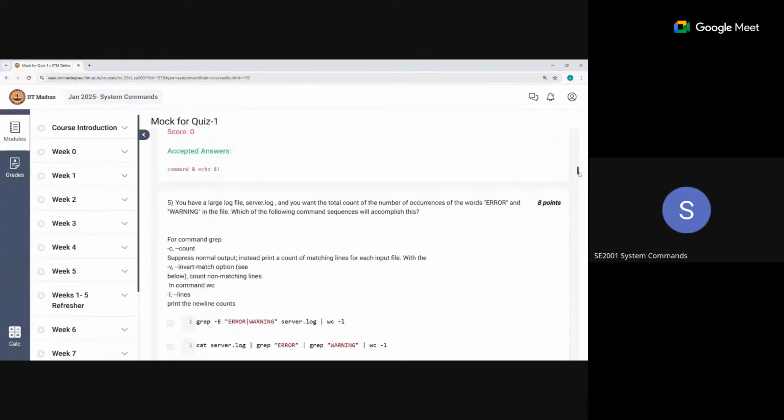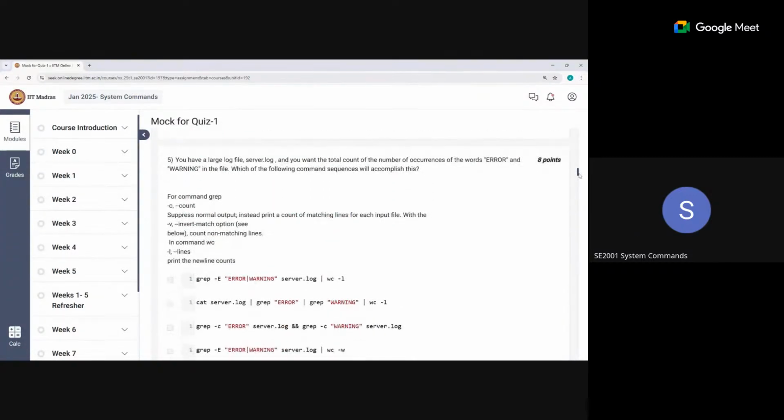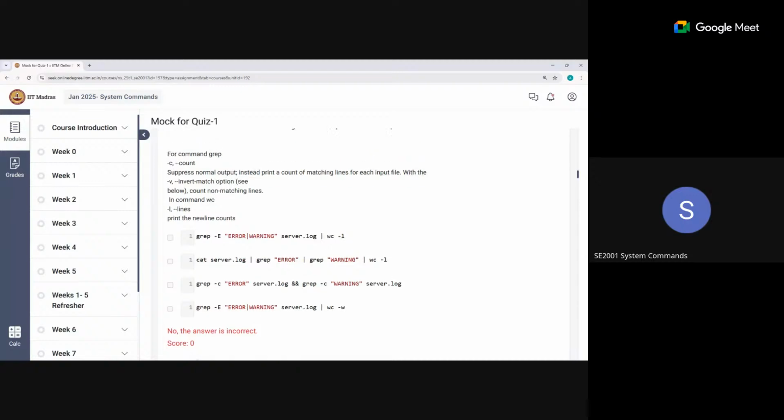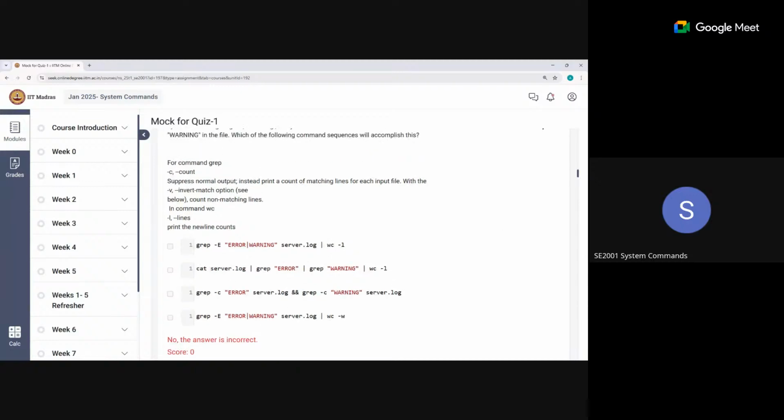Okay, so you have a large file, server.log, and you need the total count of the number of occurrences of the words error and warning. Okay, fine. So in that case, what else can we have? We are going to cat, okay, error, and then we are going to grep. No, this one will not work. You know why? Can anyone point out why this will not work? Because if error and warning come in the same line,